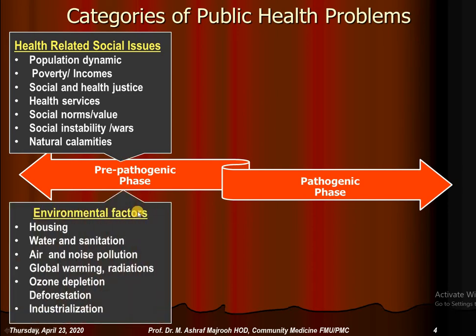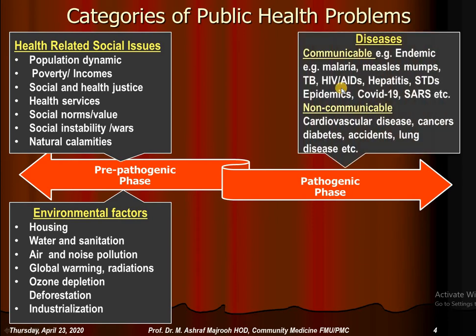Then more factors related to the environment are associated in the pre-pathogenic phase: the housing, the water and sanitation, air, noise, and pollution, global warming and radiation, ozone depletion, deforestation, and industrialization. Then in the pathogenic phase, definitely the diseases arise when these factors act,